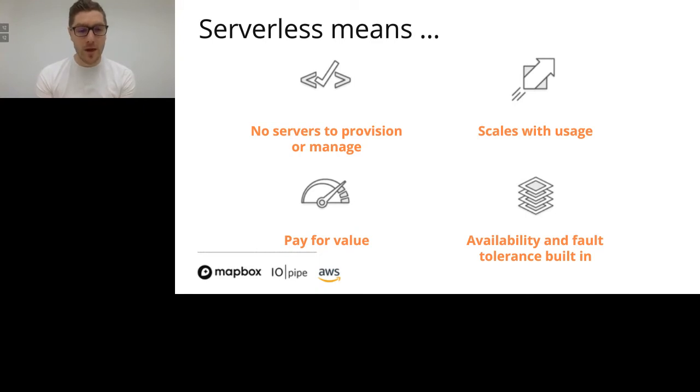And then the last aspect is that the service teams really want to focus on giving you the benefit of availability and fault tolerance built in. These services are by design already implemented across multiple availability zones, so that when you invoke that particular service, if it's Lambda for example, it's going to be able to stand up and provide what it needs.